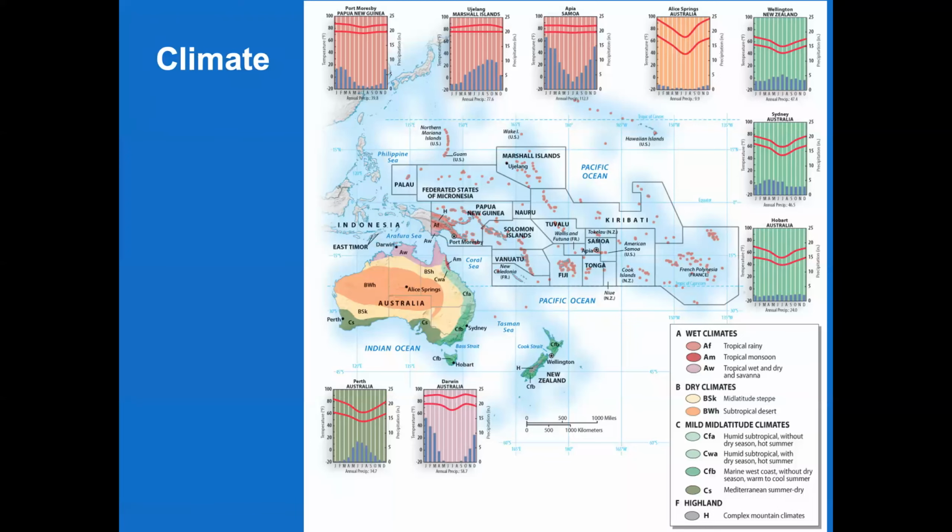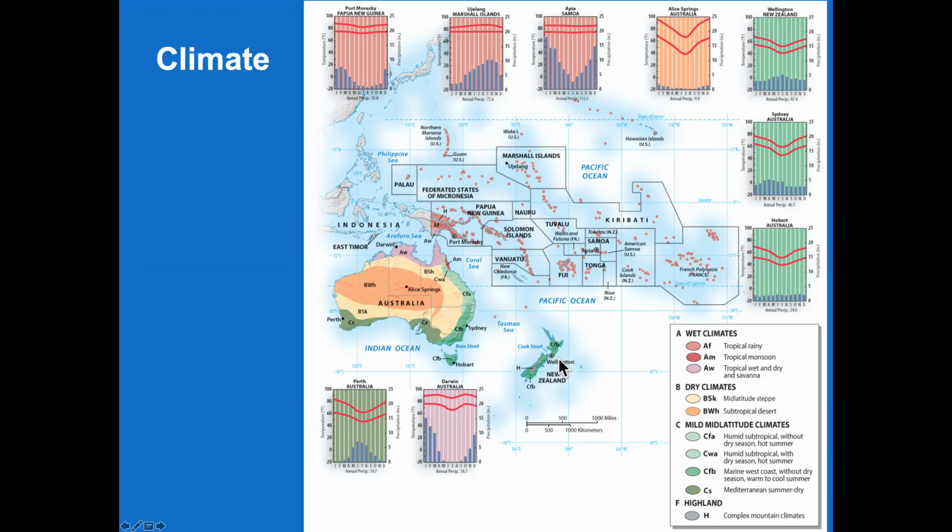Climate. Well, the climate, not surprisingly, with the exception of Australia and New Zealand, which is B, climates are dry, A, climates are tropical. So the majority of the climate in the region fit into the A climate. So either tropical rainy, tropical monsoon, or tropical dry wet. As you head farther from the equator, so the equator is right here, as you head in this direction, they become more sea climates,